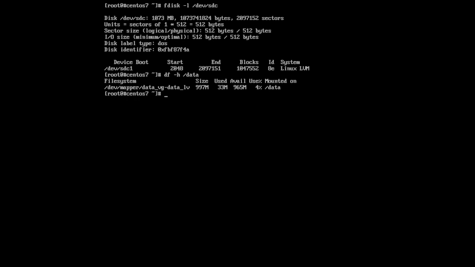So the first thing we have to do is create the physical volume. If we create the SDC, it's already created, and then the next thing we have to do is